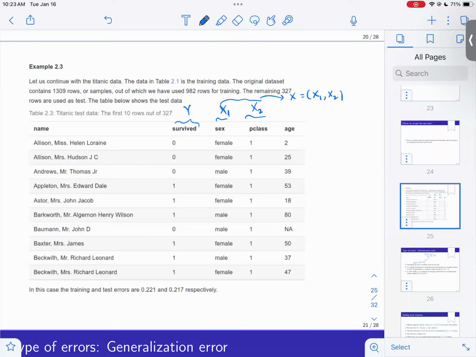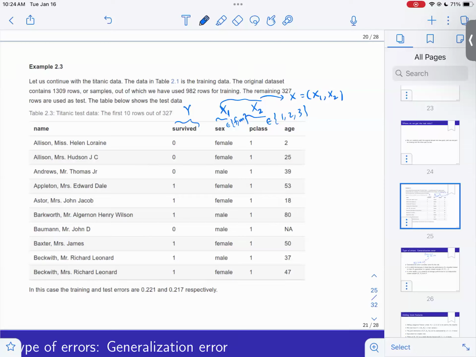So how do we go about building a classifier based on these two? P class is still categorical. That's three classes, so this is 1, 2, 3. This is their passenger class. This has two values, male and female. So what is an approach? Can we build the classifier here? Do I have to do anything special, or can what we have used before, the ideas, still apply?